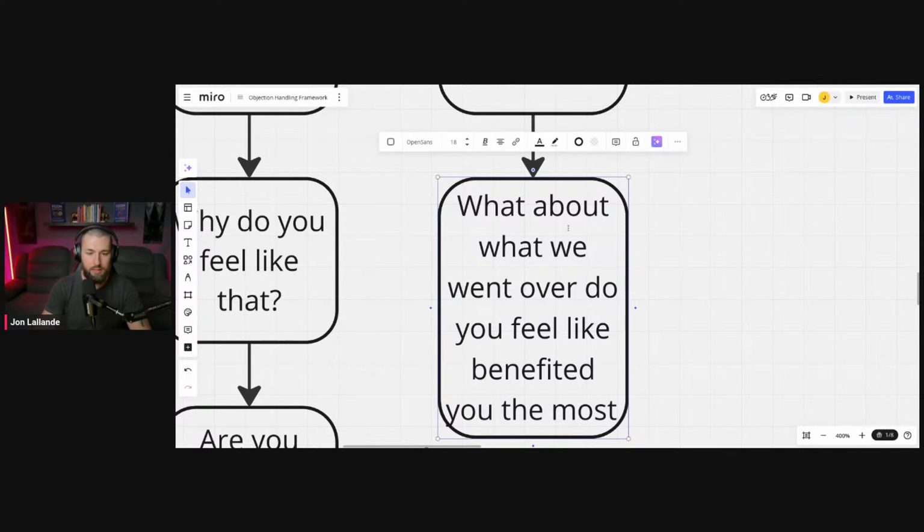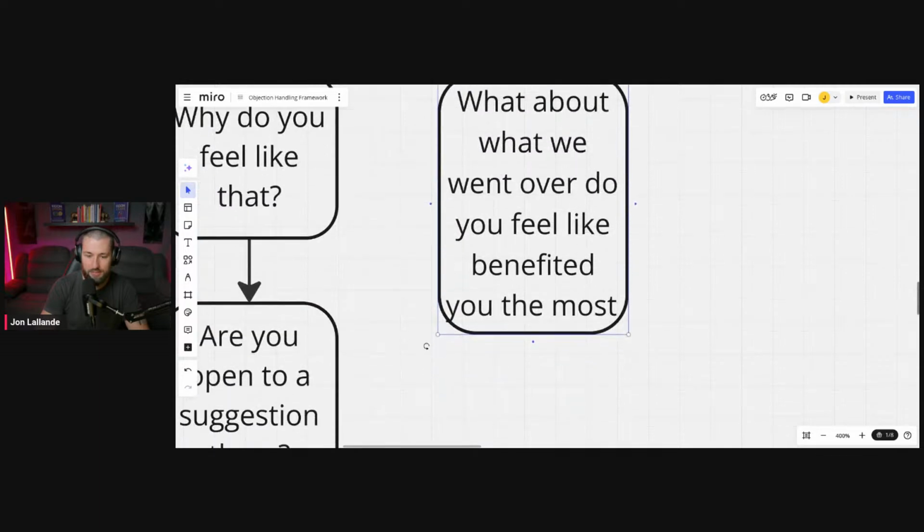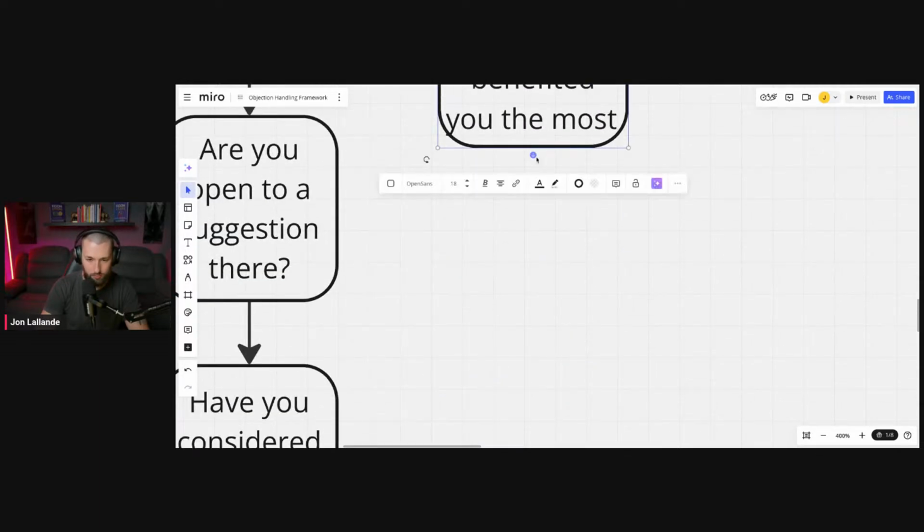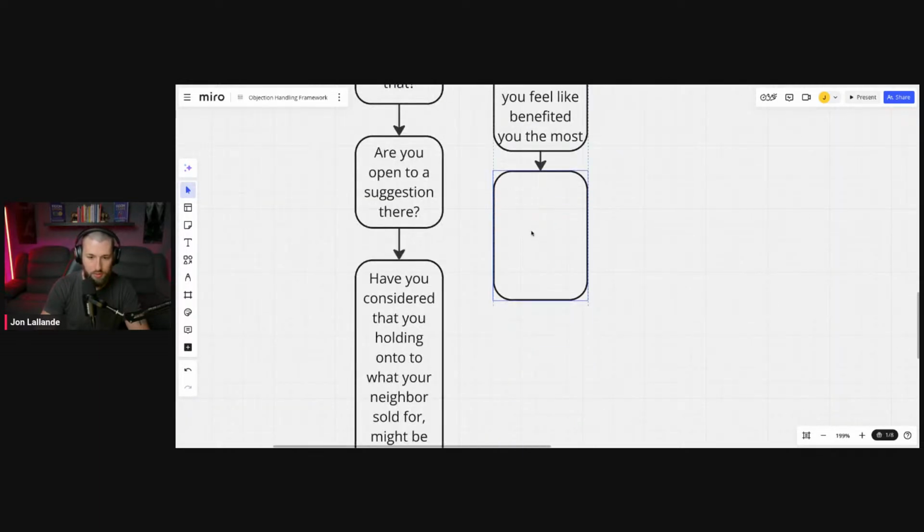Well, it's the fact that you did this. It's the fact that you said you could do this, right? Whatever they tell you there is the thing that is most important to them. And that's what we need to understand. Now, from here, we do something called asking a weighted question, right? So what that looks like is, so what feels riskier at this point?